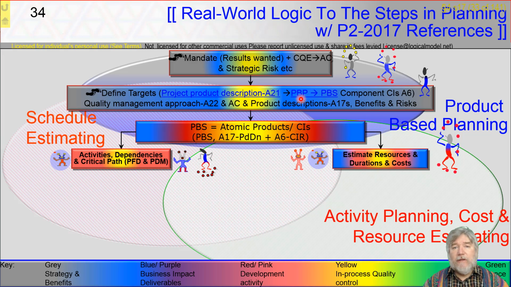So PMBOK, it's process 6.1 and 6.2, activities and their interdependencies. Agile, it's the second half of the sprint planning meeting, team discussing who they need to go and talk to gather detailed requirements and what actions they need to take to either build or acquire those components. And Prince, it's moving from the product breakdown structure to the product flow diagram. And what we do is we end up there with a view of the tasks that the team need to perform in order to meet the quality criteria, and the sequence that those tasks need to be in,